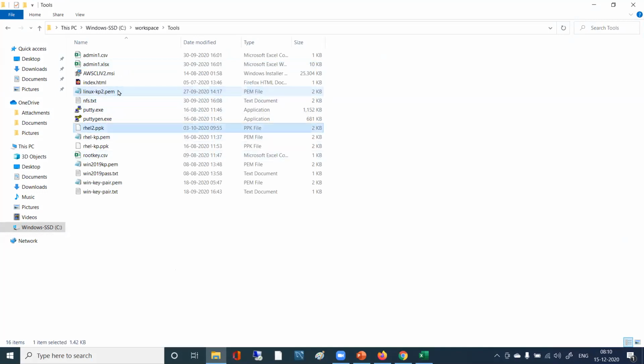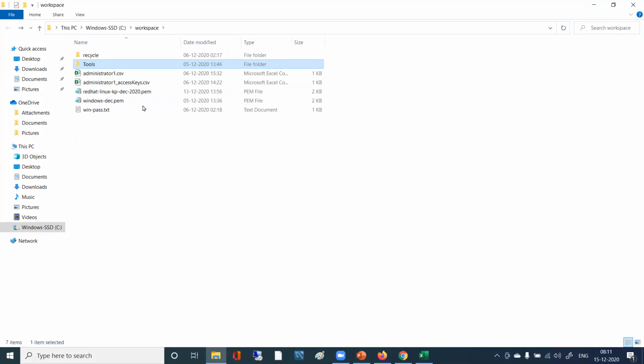I had kept it somewhere. You can order by date modified. Here it is. 13th December it says. So Red Hat Linux key pair December, this one. So this is the PEM file, right?